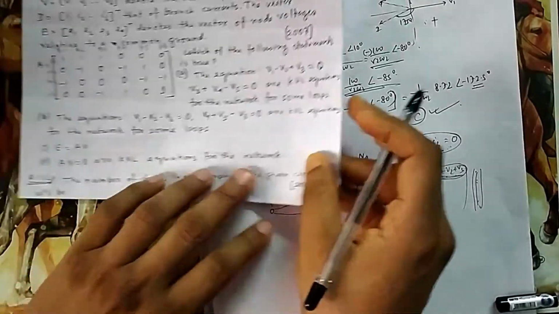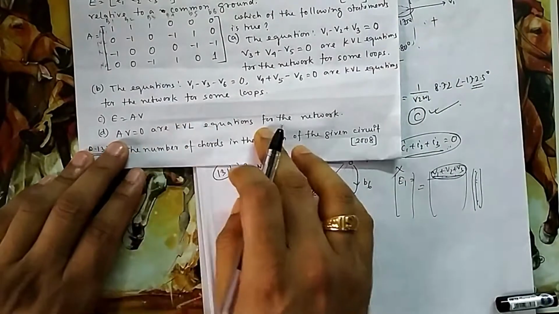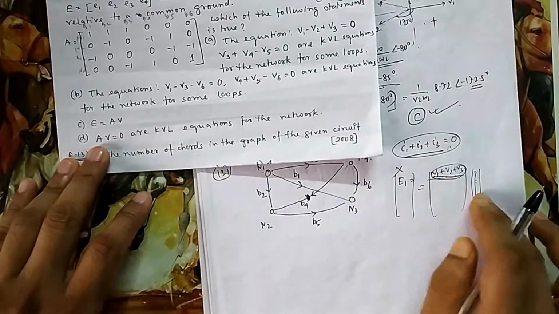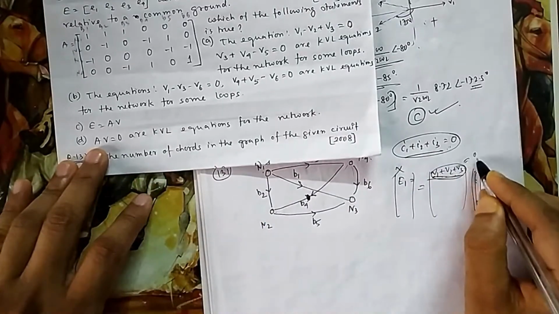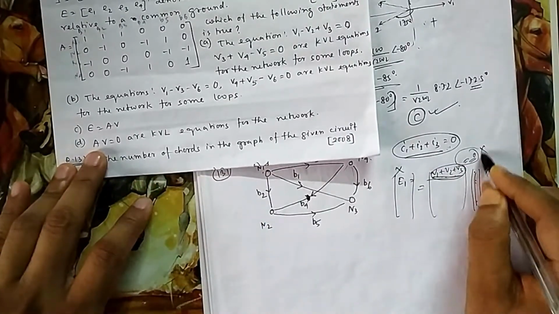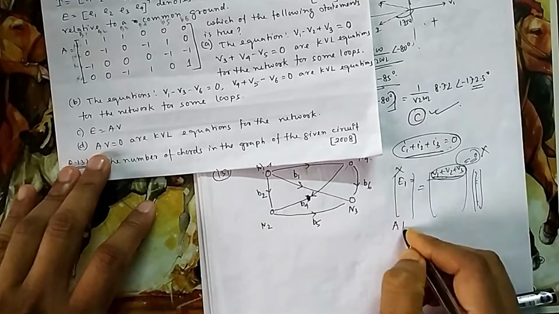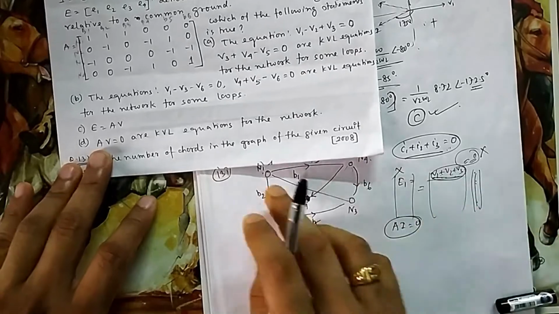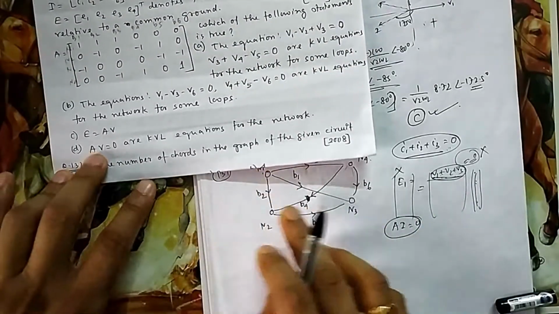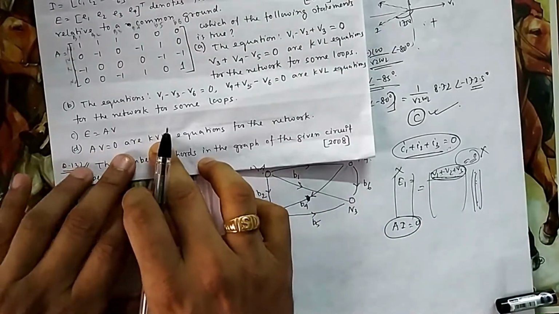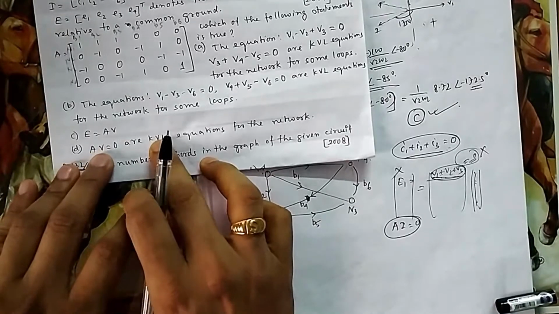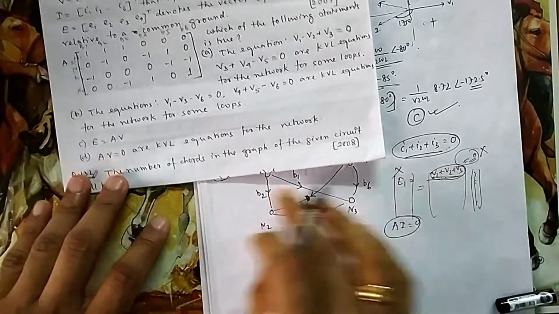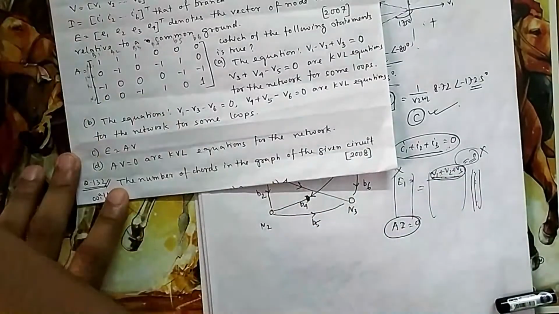So next one, similarly you can check with this. Here we already got B. Here also A into V is equal to 0. They are saying V1 plus V2 plus V3 equal to 0. Is it correct? No. A into I is 0 can be true, because then it is I1 plus I2 plus I3 equal to 0. This is KCL, not KVL. A into I equal to 0 is KCL, because at any node all the currents are adding to zero. So you got your answer. That is your option B.